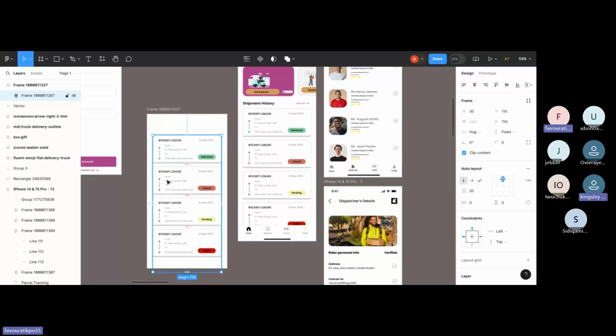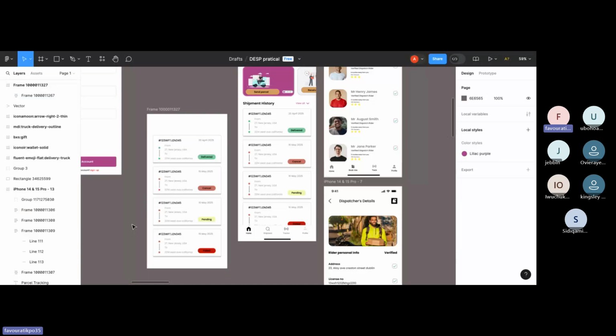Let's say a driver just took your product to deliver and he toggles on the delivery process from